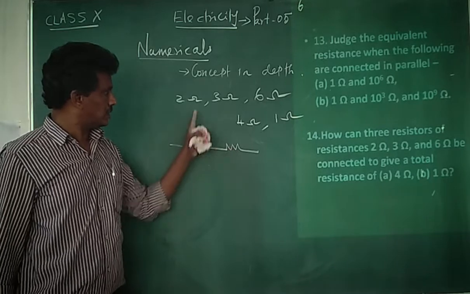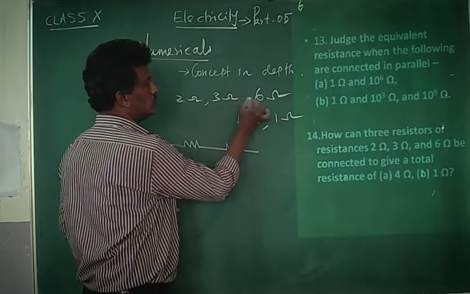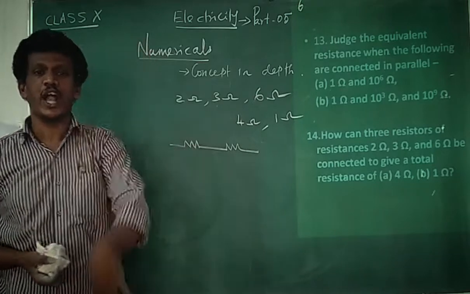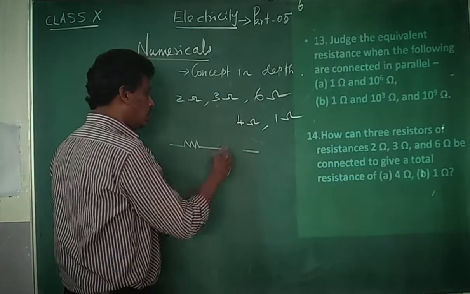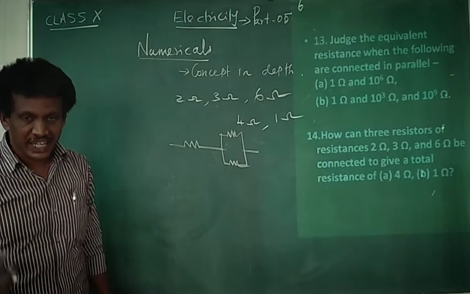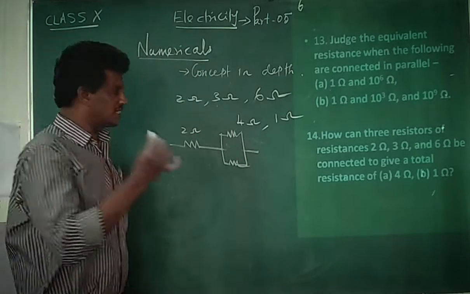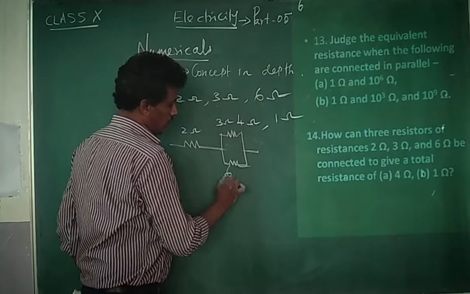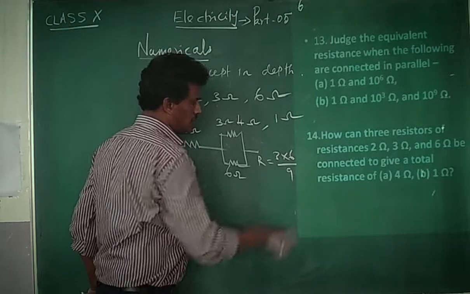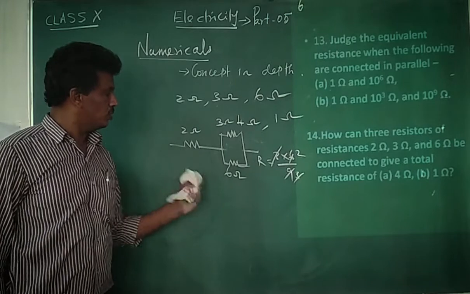Yes, 2 plus 2. Then here you have to get 2. What is the possibility using the other 2? Using 3 ohm and 6 ohm in series means 9 ohm. So definitely not possible. So what is the way you can do? You can go for parallel only, because in parallel the effective resistance decreases. This total must be 2 ohm. Yes, it is parallel only. Suppose R equals 3 into 6 upon 9. That's our 2. 2 plus 2, 4.